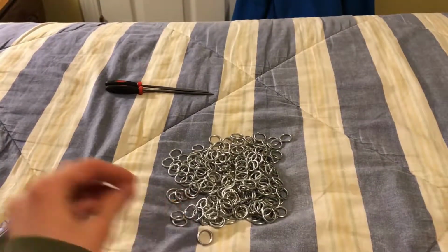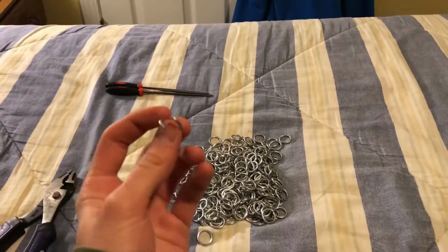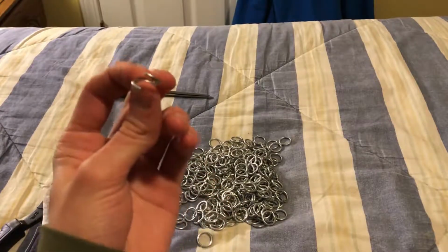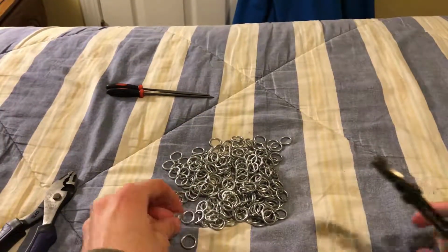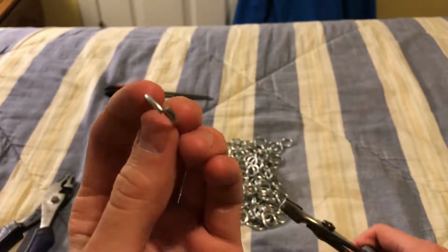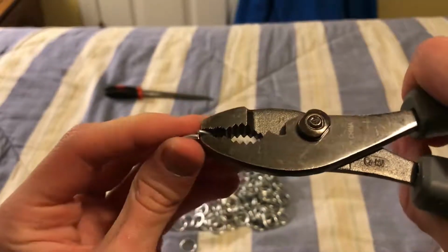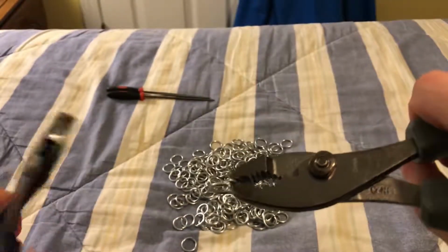The next step is to make links of 2 varieties, or 3. You're going to need some that are like this, to where they're open. To make those, just grab one. As you can see, it's not quite perfectly lined up there. The point is to grab it with pliers here, 1 plier on each half of it,